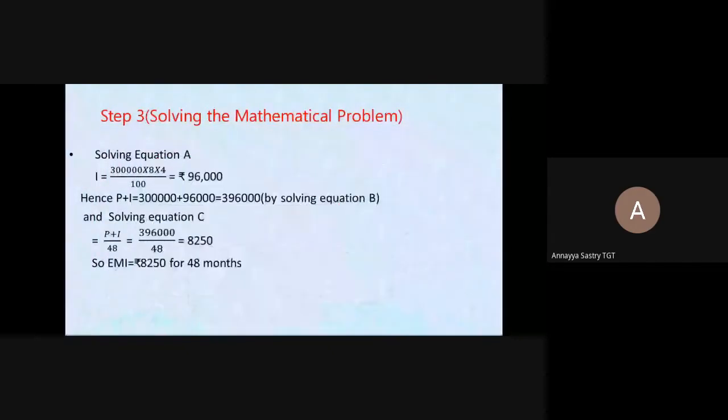Third, solving the mathematical problem. So I solve that by using the simple interest formula, and I get that he is getting an EMI of 8,250 rupees for 48 months. Fourth step,